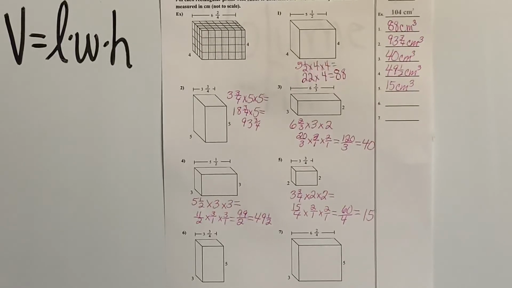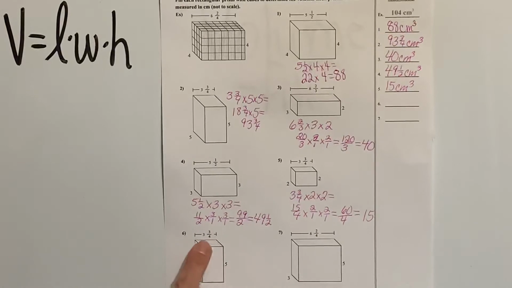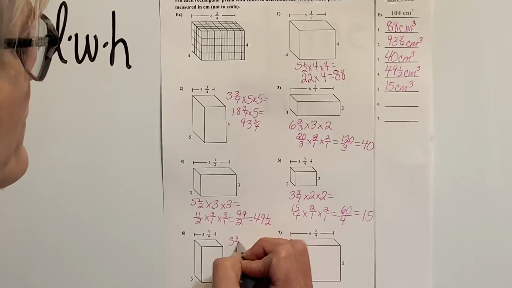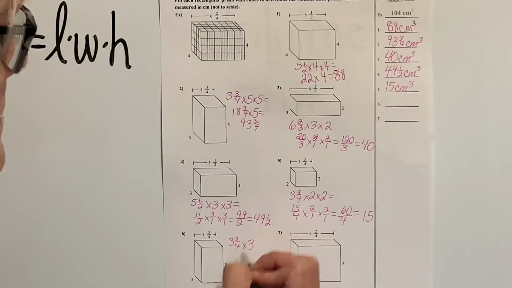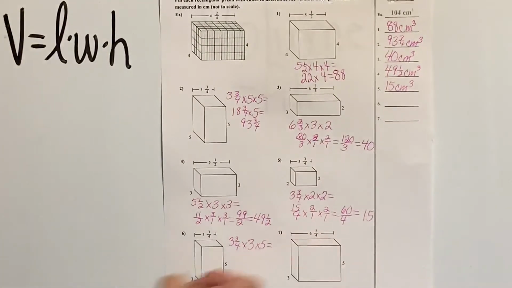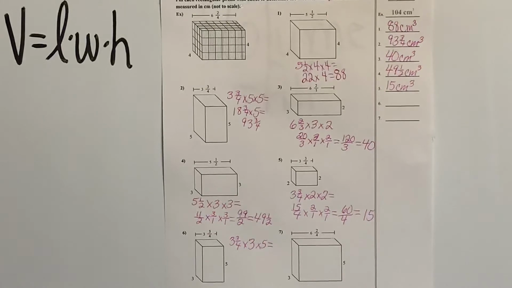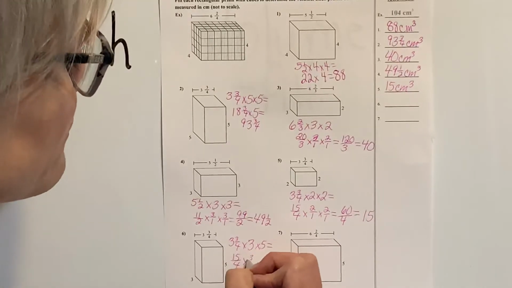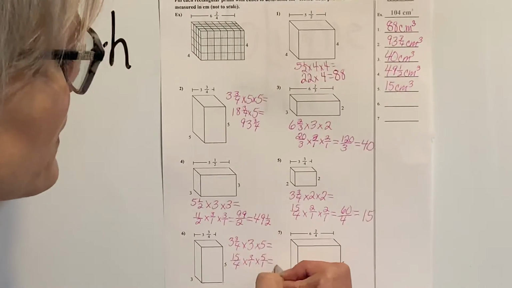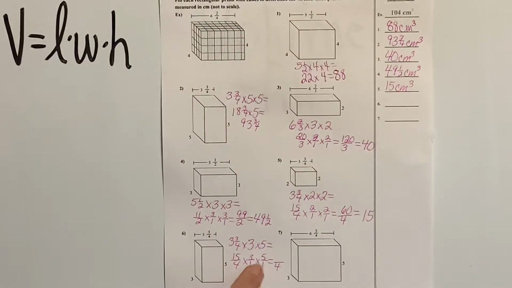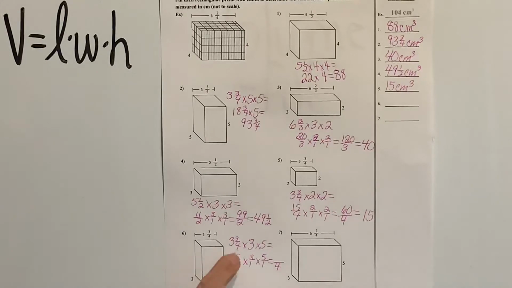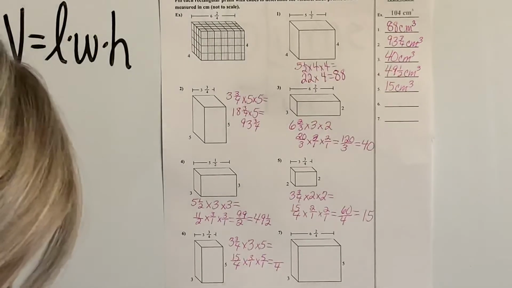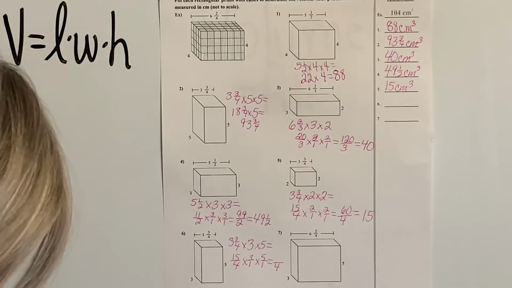All right, 2 more to go. Okay, so here we've got the length of 3 3/4. We have the width of 3, and we have a height of 5. 3 3/4 we need to change to an improper fraction. We've got 12, 13, 14, 15/4 times 3 over 1 times 5 over 1. So we're staying with fourths because 4 times 1 is 4 times 1 is 4. So now we have 15 times 3, which is 45. 45 times 5,